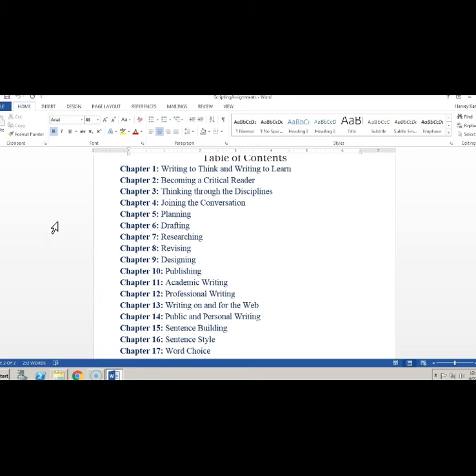But I would like you to choose one from each book. One reason is I believe the chapters in the first textbook are longer than the chapters in the second book. I think both books are pretty close to the same size, and one of them has cut them down into more units. So for fairness, until we run out of chapters, I would like you to choose one of the long chapters in the first textbook and then choose one from the second book. At some point, somebody's going to have to take two chapters from the second book because we'll run out of chapters in the first book.